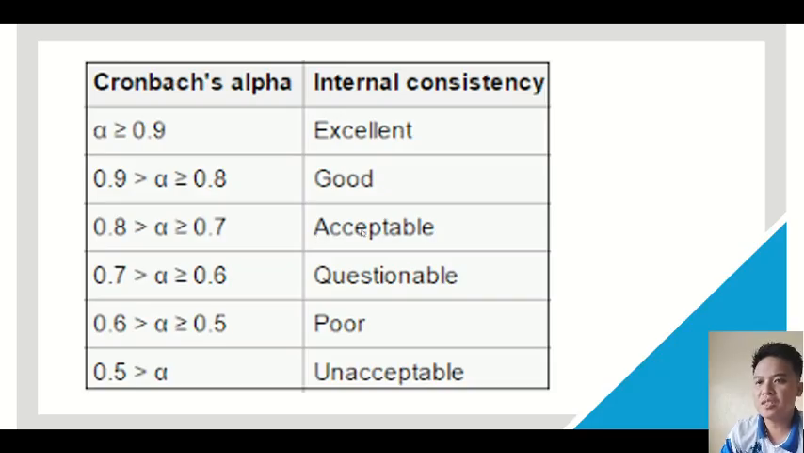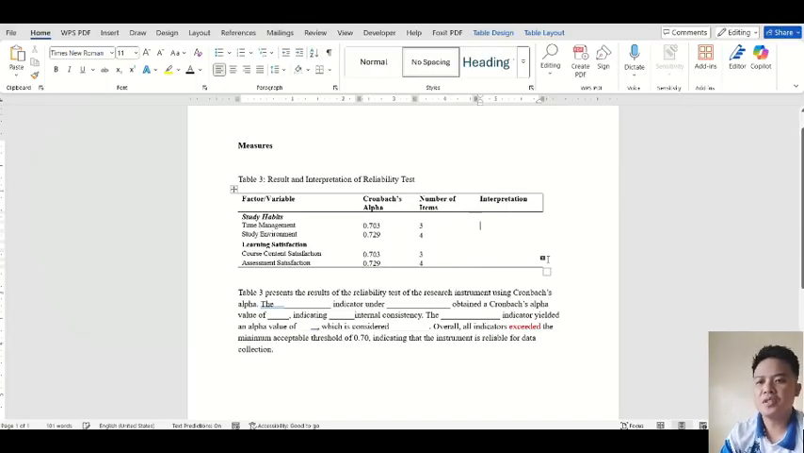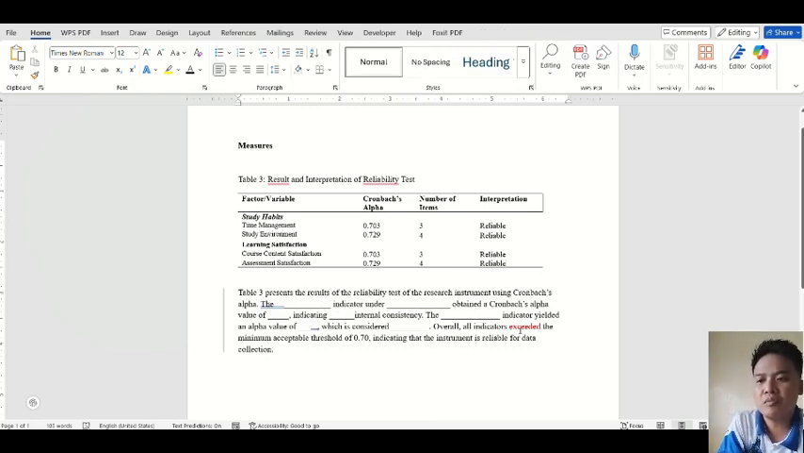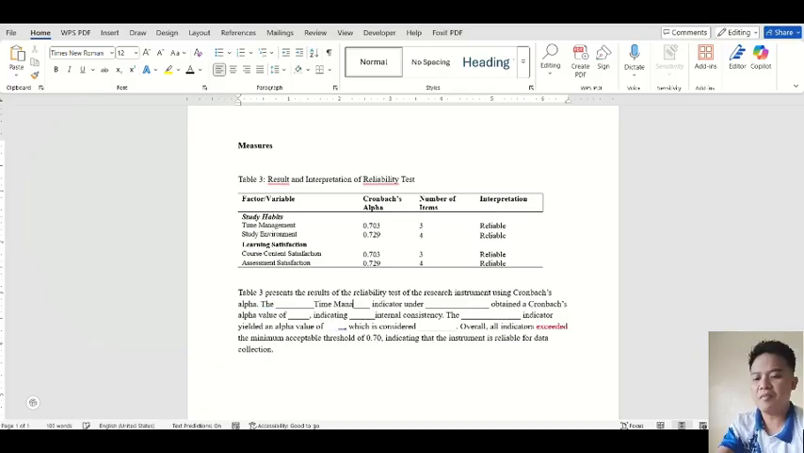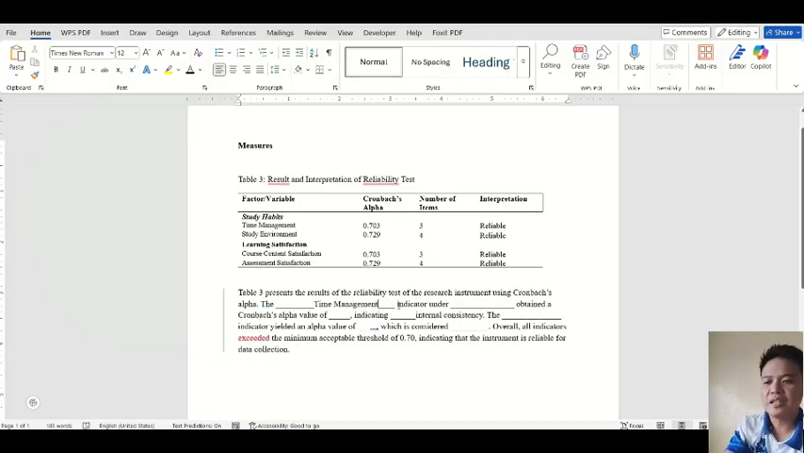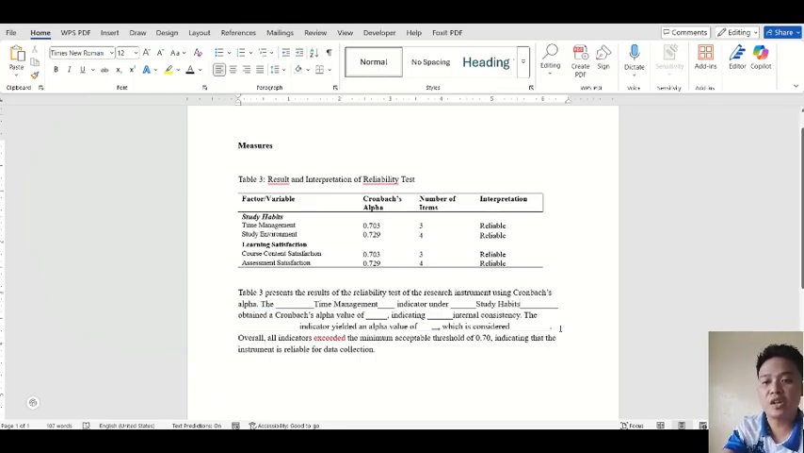The interpretation here is that it is acceptable, which means it is reliable. Now how do we write it out? Table 3, what is the name of the table, presents the results of the reliability test of the research instrument using Cronbach's alpha. The blank indicator, that will be our first indicator, which is time management. The time management indicator under study habits obtained a Cronbach's alpha value of 0.703,